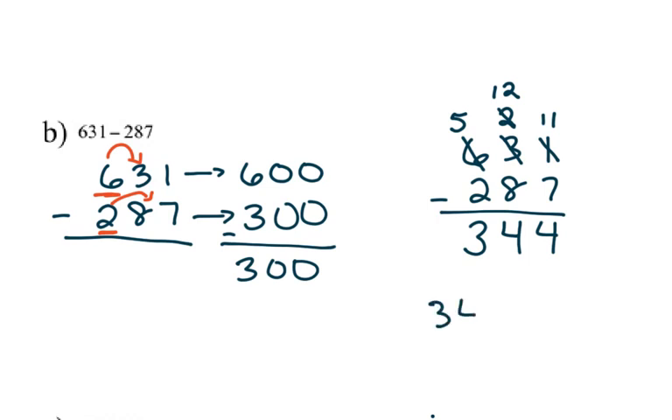If we take that 344 and we front-end round it, the 4 isn't big enough to bump that number up, and so we have 3 and then 2 zeros. And so this estimate by front-end rounding of 631 minus 287 is approximated really well to be 300, even though it's 344. In this problem, we have 548 times